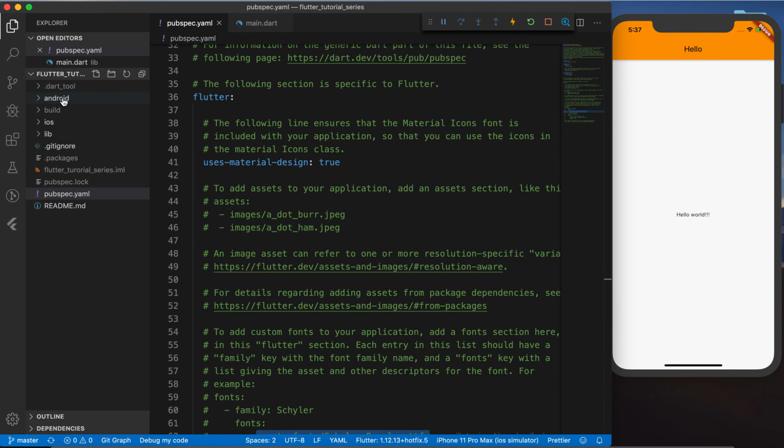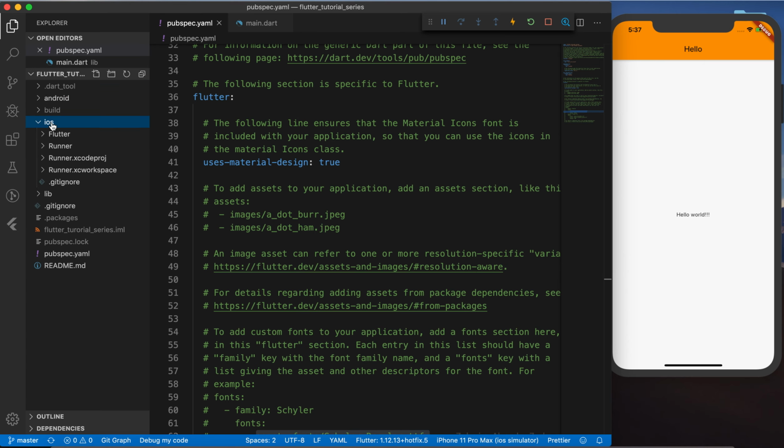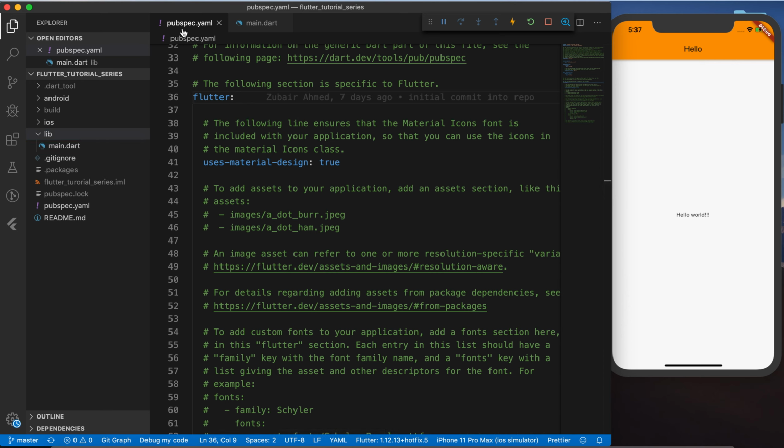If you notice here, we have a bunch of folders, like the Android folder. While creating Flutter projects, it will automatically create this Android-side native folder and iOS-side native folder. And as I have mentioned earlier, our main focus folder would be the lib folder. Inside that, we will create some Dart files so that we can practice and write our code for Flutter applications. Another very important file, which is opening right now in front of you, is called pubspec.yaml